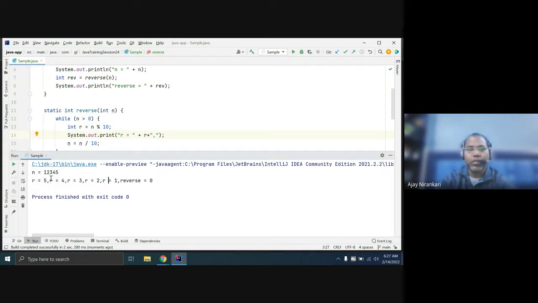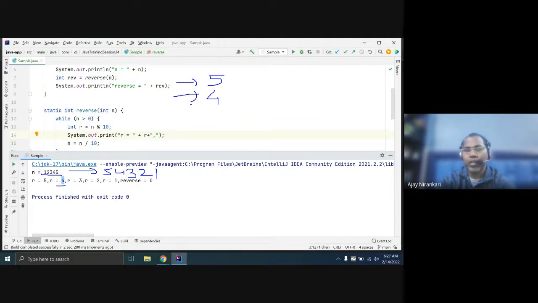Now you are getting 5 first, and the next time you are getting 4. So let's imagine what we want. Your input is 1, 2, 3, 4, 5, and you want the output 5, 4, 3, 2, 1. The first number is 5 and the second number is 4.